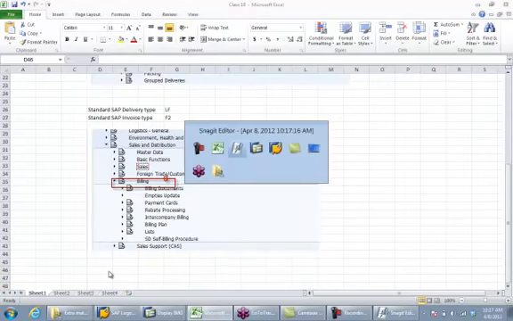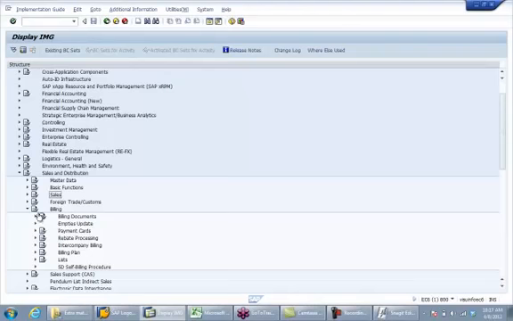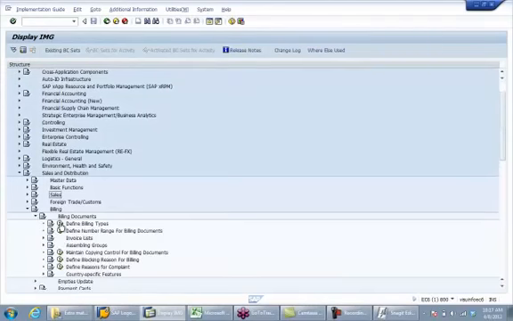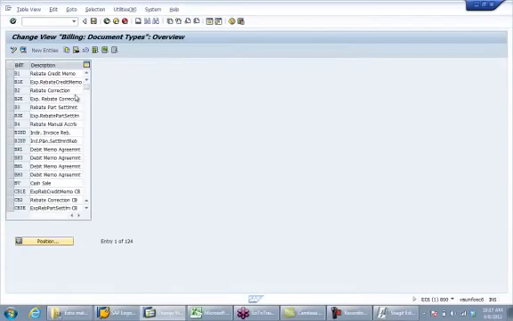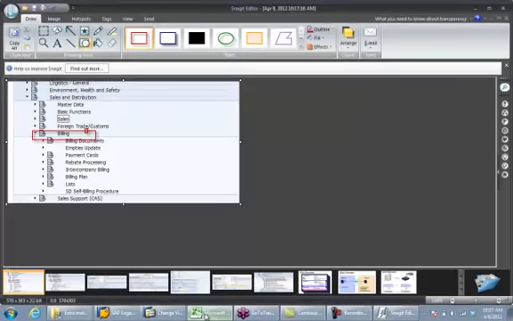Okay, invoices you configure from SD billing. So if you go to billing documents, you go to define billing types. Invoice is a type of billing document. And some common invoice types that you need to know are,